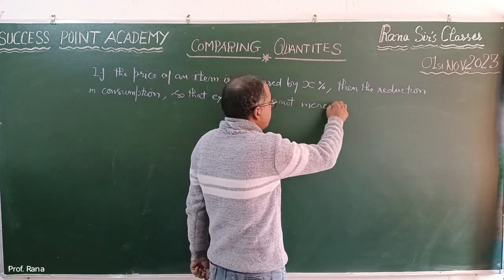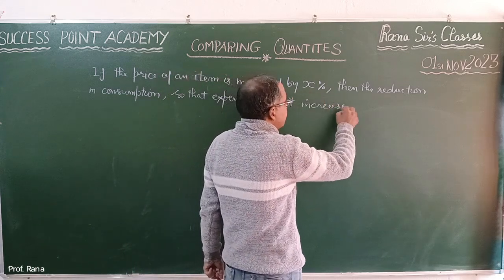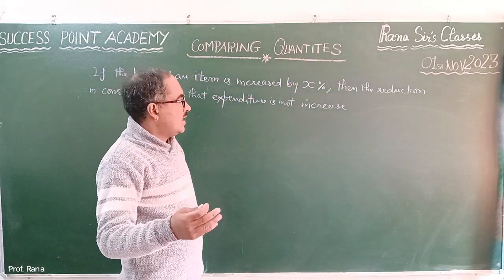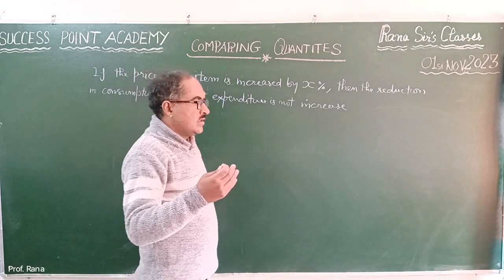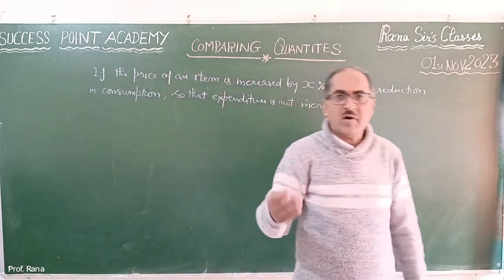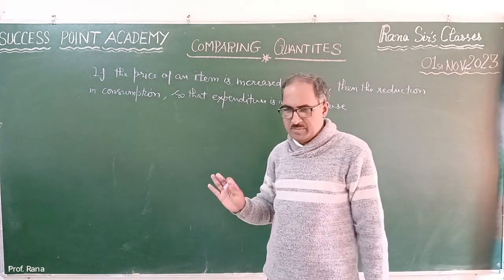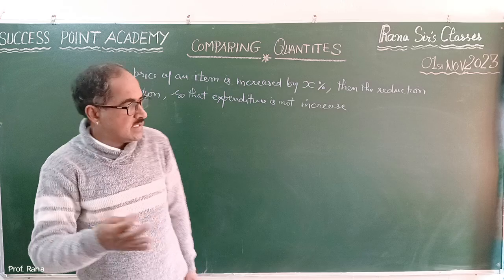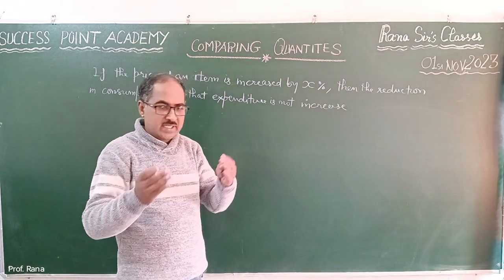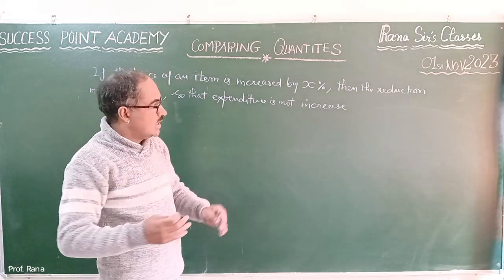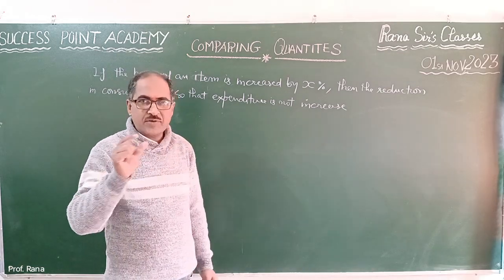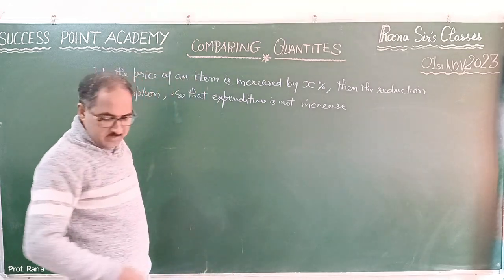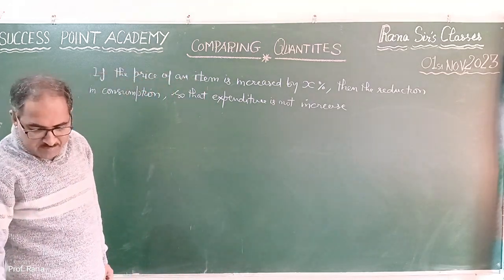Suppose we are a family, family's expenses for ration are 5,000 monthly. Then if certain items' rate is increased, then they have to decrease the consumption in quantity, so that the mark of 5,000 of their expenses is not crossed. So what will we do? Then there is a simple formula: